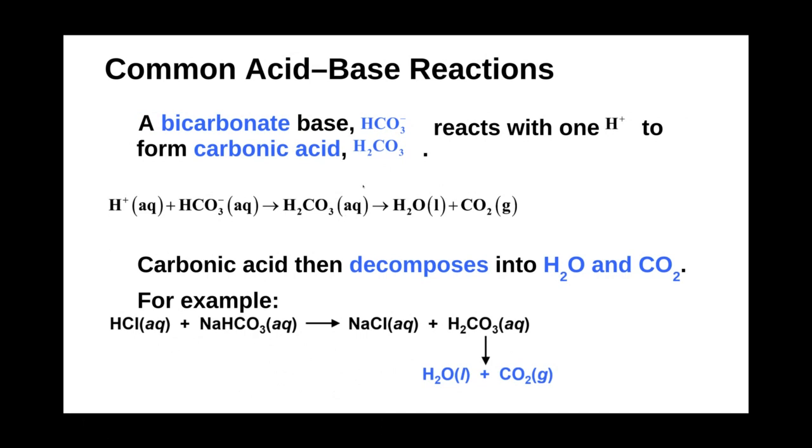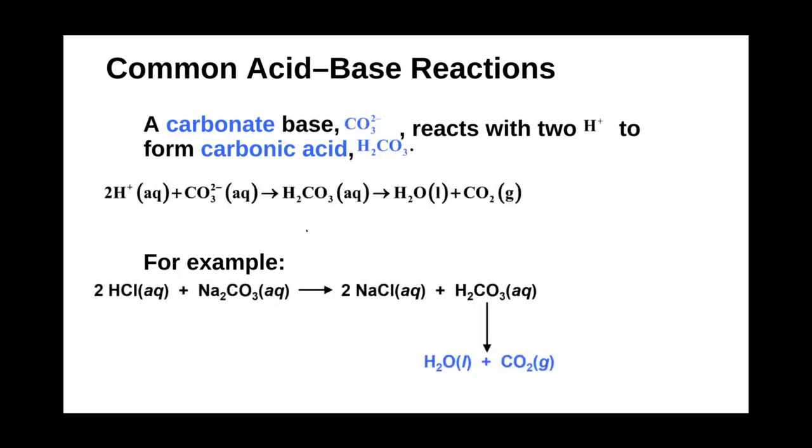And further, this carbonic acid will dissociate into water and CO2. So that's fun. Now this sort of reaction, if you run it in reverse, so water combining with CO2, can actually form carbonic acid. So this is actually what happens in your soda cans, right? When you add CO2 to a soda or a seltzer, it lowers the pH of your soda. Well, why is that? Well, CO2 is reacting with water to produce carbonic acid.